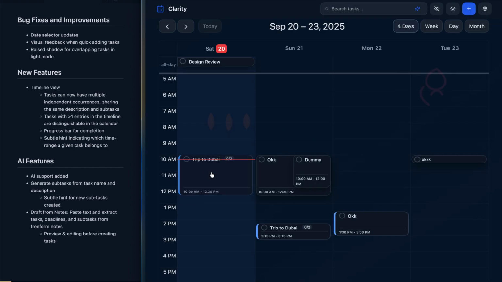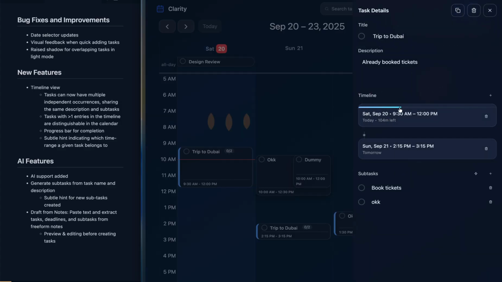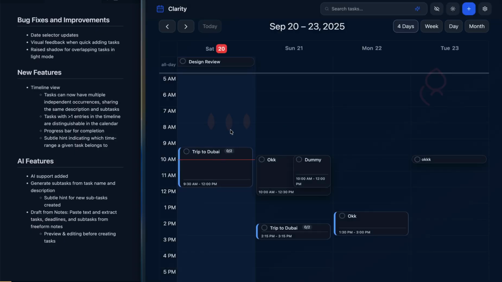And if I move it to the current time frame and then open it, you can also see that we show in this timeline 104 minutes are left to complete this, and a progress bar indicating how much has already been progressed. So this is timeline view in a nutshell. Now coming on to our AI